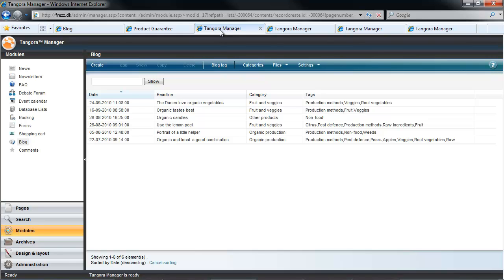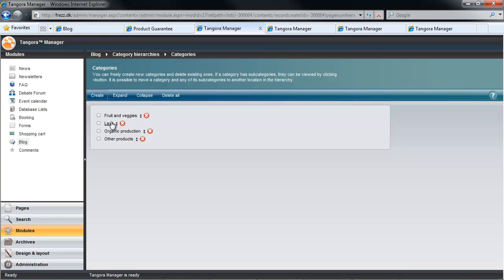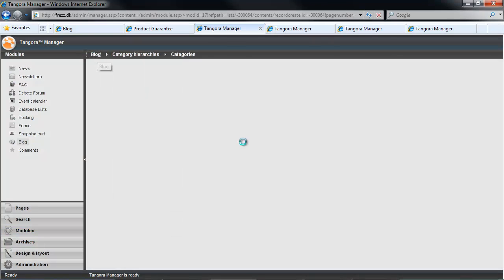Let's start with the blog aspect of the module. I have open on the screen the contents of the blog module, and we can see here that we have all my blog entries. And I can add tags and categories to my blog up here under the tags and categories areas. Tags are keywords that can be applied to blog posts across different categories, and categories can be used in a couple of different ways. You might choose to have each category correspond to a conceptual blog, differentiated by theme or author, for example, but you might just as well use them as selectable categories within the same blog. It's up to you.